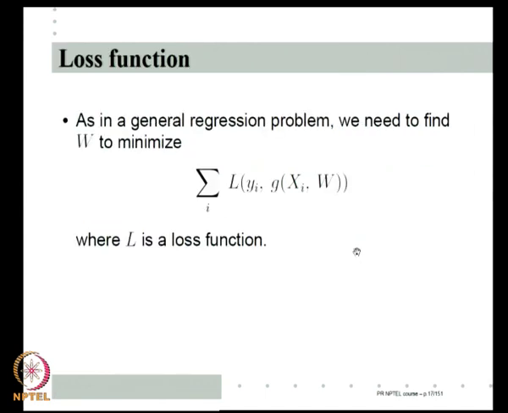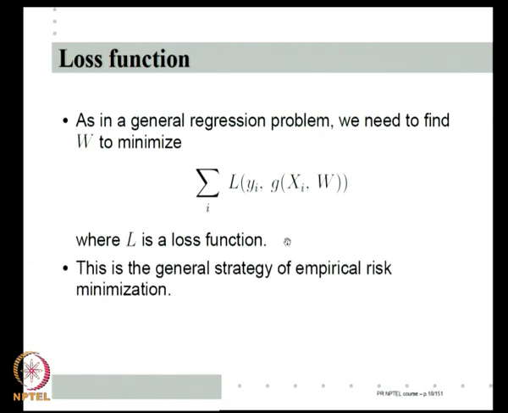In any general regression problem, as you have already seen, like in classification, we essentially minimize empirical loss. So, if I am learning a model g x comma w, so L of y i comma g x i comma w is the loss, right. So, given an x i, I would say g x i comma w, the prediction that is given to me in the training data is y i. So, L of y i comma g x i w is the loss. So, I sum over all i, that is the empirical risk minimization, right.